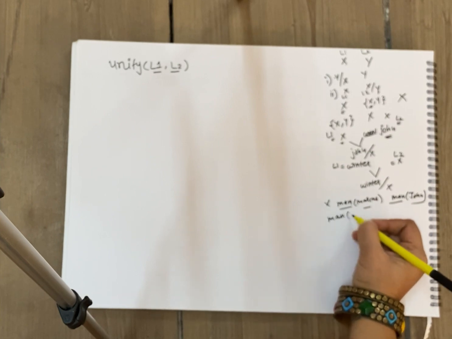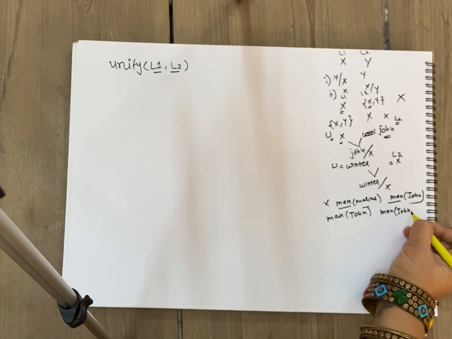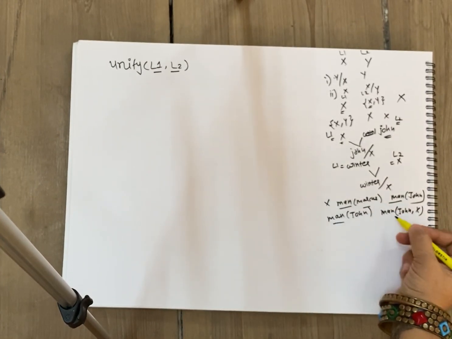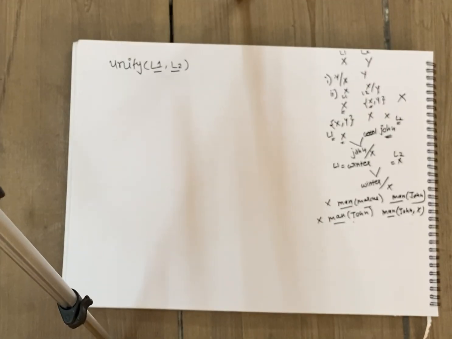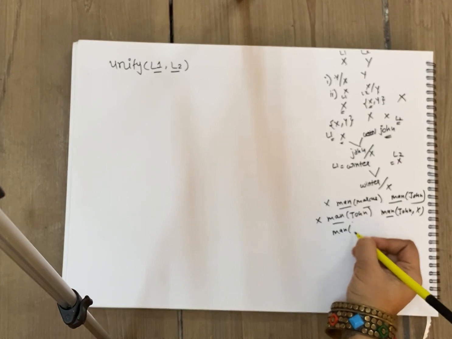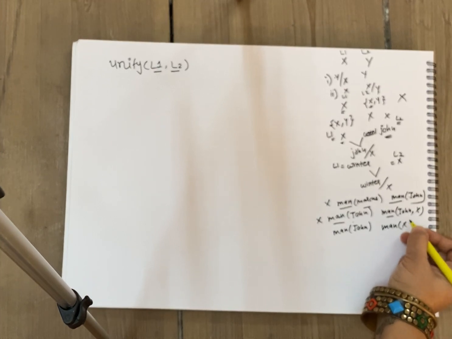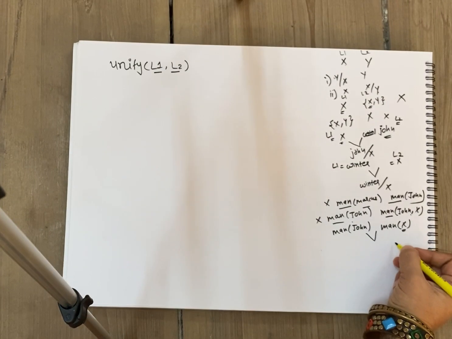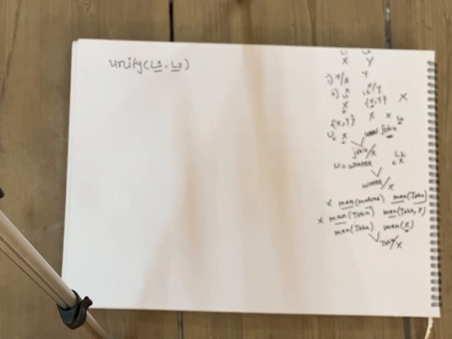Suppose we have over here man(John) as one predicate, and man(John, x) as the second predicate. Then what is going to happen? If we compare, the name of the predicate is the same, but the total number of arguments over here is 1, and here it is 2. So unification is not possible. Moving ahead, if you have something like man(John) and the second is, let us say, man(x). So this is a variable. The name of the predicate is the same. One of the arguments is a variable. So this is unifiable only when the value of x can be replaced by John. Are you getting this? Yes or no?